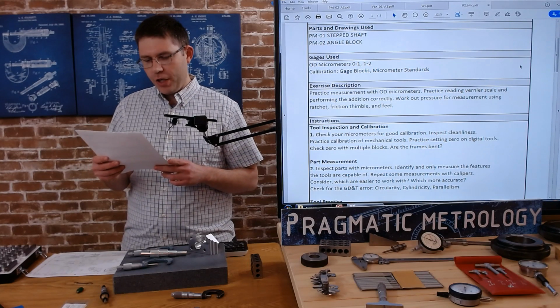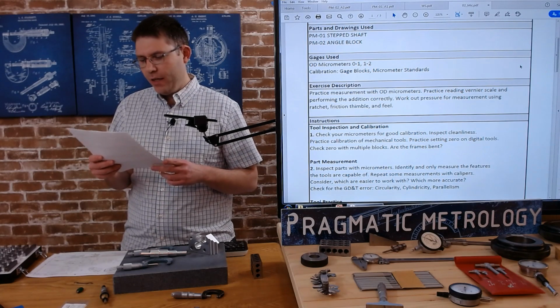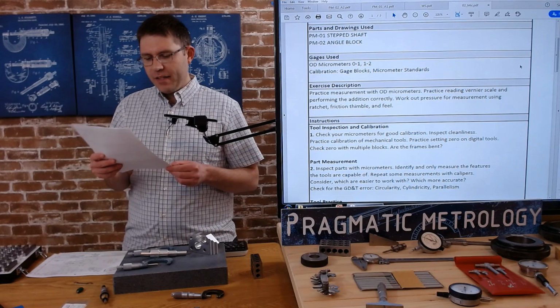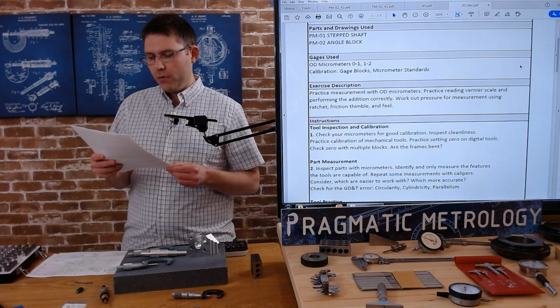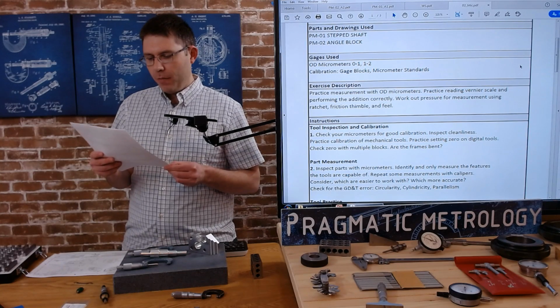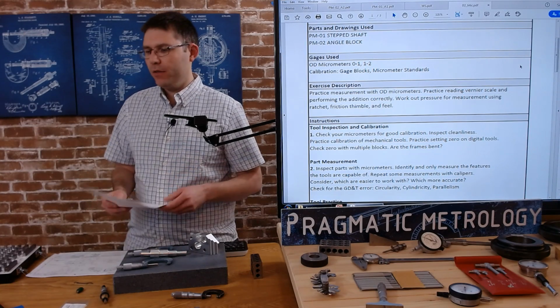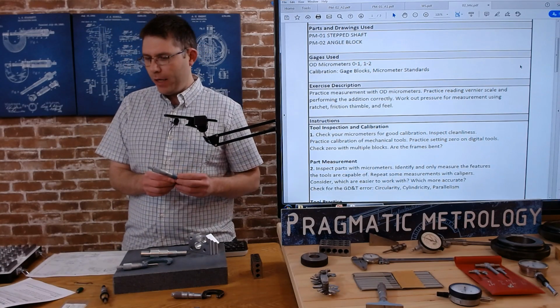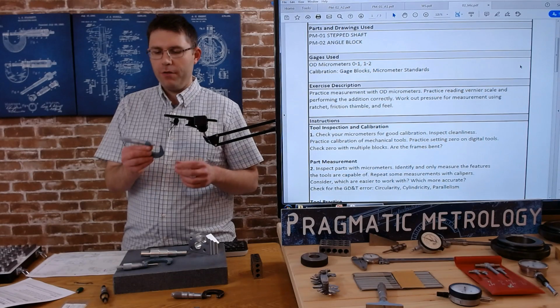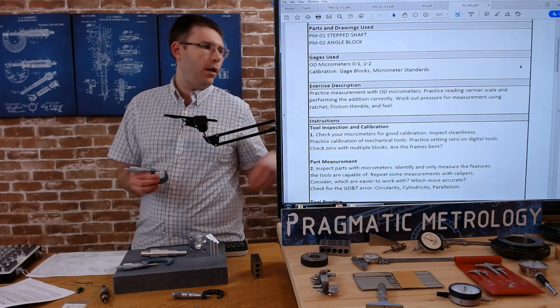First thing, check your micrometers for good calibration, inspect cleanliness, practice calibration of mechanical tools, practice setting zero on digital tools, check zero with multiple blocks, check for the frames being bent. So we did this in the other video, but I will go ahead and redo the calibration check, make sure everything's in good condition. So let me flip over